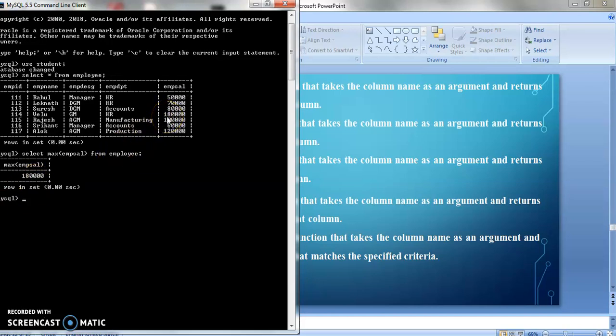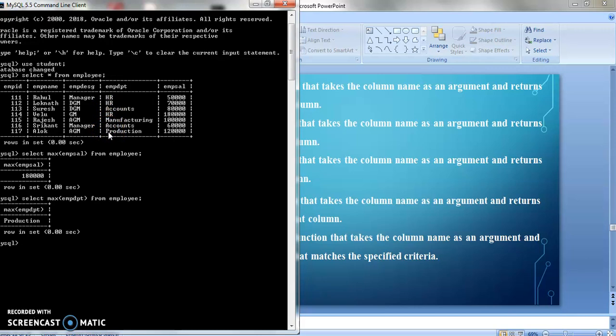Okay, now this was applied to a numeric value. Now I want to apply it to a character value. Suppose I want to know the maximum value in the employee department. So I will write select max, and in the parenthesis argument I will put the column name employee department. Now production came. How? You can see alphabetically, if you look at the first character of each department, first is HR, accounts, HR, manufacturing, accounts, production.